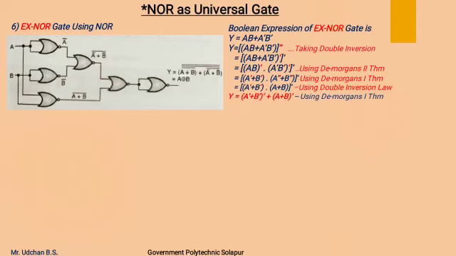Now next we will see how to implement a XNOR gate using a NOR gate. Again I will write the boolean expression of a XNOR gate, that is Y is equal to AB plus A complement B complement. Again I will take double complement of this. Now to convert ANDing operation in between AB and A complement B complement, I will solve one complement using De Morgan's theorem,